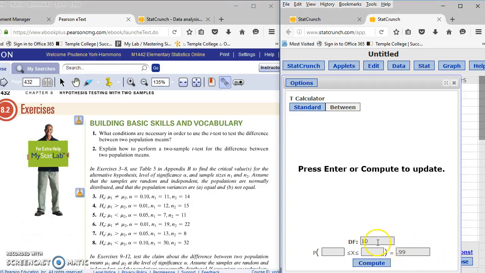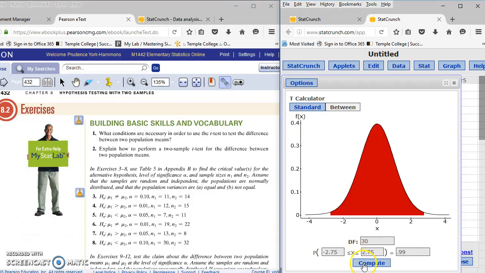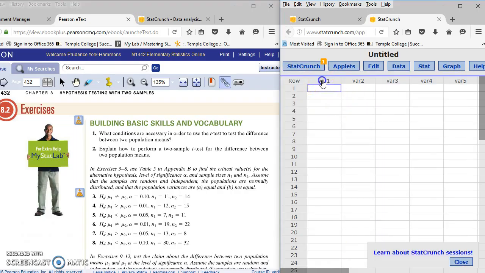That's 1 minus 0.01, or 0.99. Now, for part A, where they're equal, I simply add 19 and 22 and subtract 2, so that gives us 30 for our degrees of freedom. So if I compute, my values are a 2.75 and a negative 2.75. So I'm just going to do a Control C. I'm going to close that. So for part A,